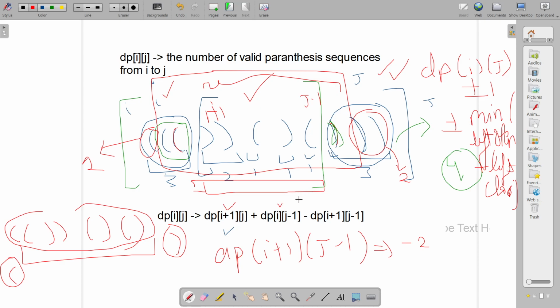Second is I do not include the jth index, and this would be a redundant case. It has to be subtracted once since it would be added twice. And now if I'm adding both the ith element and the jth element, say at least one opening and one closing bracket, then how many minimum opening brackets do I need to supply?